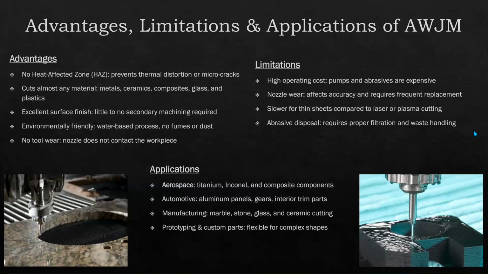Despite those challenges, abrasive water jet machining remains a really versatile process. It's heavily used in aerospace to cut through alloys and composites. It's used in automotive manufacturing for parts like gears or body panels, and in general manufacturing for things like stone, glass, and ceramic cutting. It's also a great option for custom or prototype work where flexibility and precision matter more